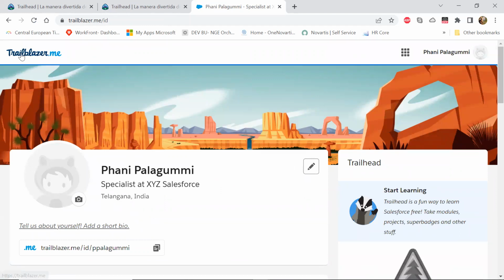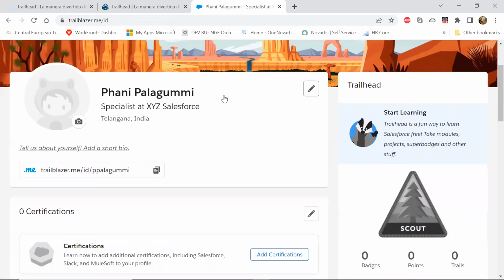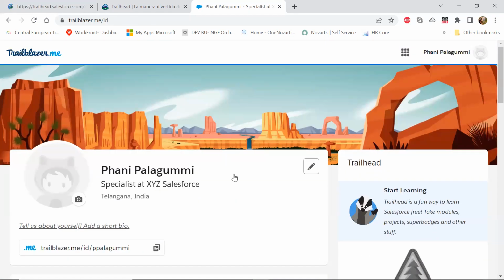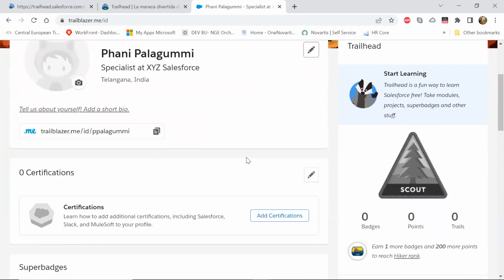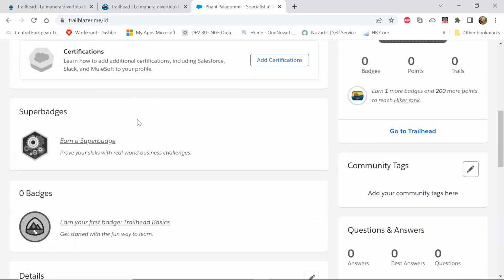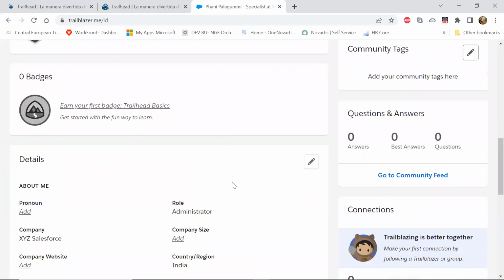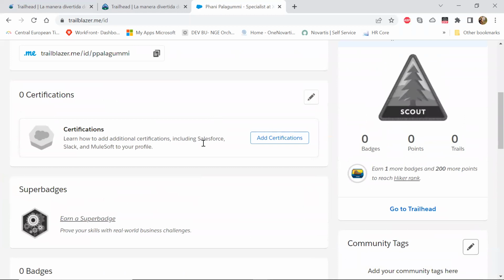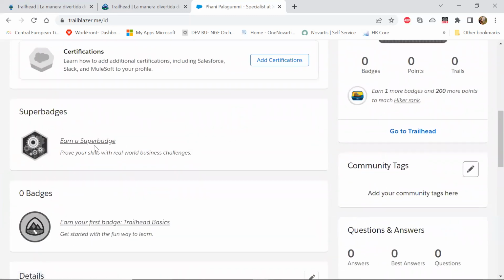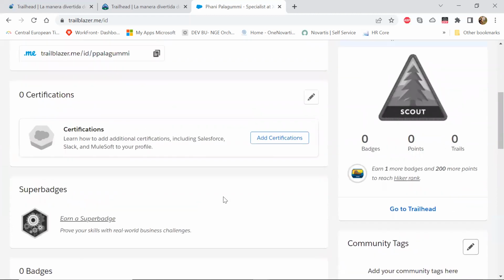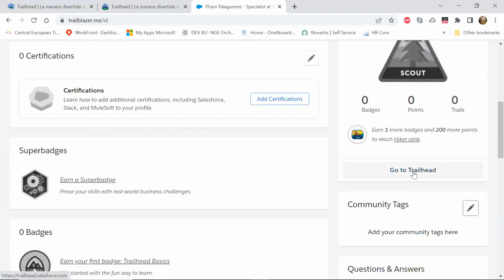And you see trailblazer.me. Whenever you go to Trailhead and whenever you log into Trailhead, you will see trailblazer.me. Okay, so you will see your home page like this. The landing page will be looking like this, right? I have no certifications for now, no super badges, and I have to earn all of these. I have to do my certifications and complete my Trailhead modules, and then I can see some numbers, some information appearing here. Okay, and you have something called a go to Trailhead button here, and when you click on the button,